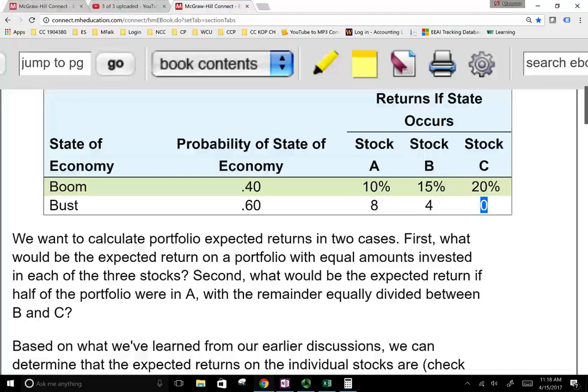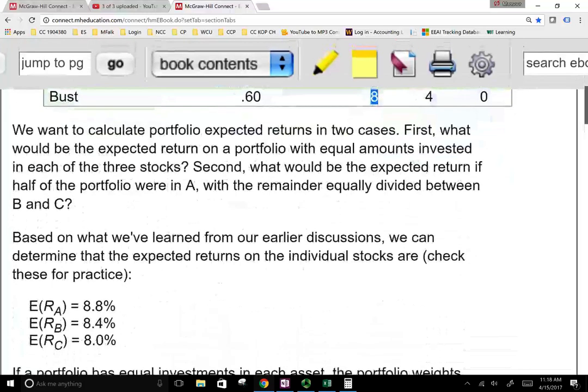Okay, basically here the average is 9. If you look at 10 plus 8 divided by 2 equal to 9, so the average is 9. And notice the return is either 10 or 8, so it's close to the mean. Here, if we do the average, it's 15 plus 4 equal to 19, so it's going to be approximately 9 something. So notice there's a lot of deviation from the average. And here, 20 plus 0 divided by 2 equal to 10%, there's even more deviation from the average. So that's why if you put more money in A, your portfolio will have